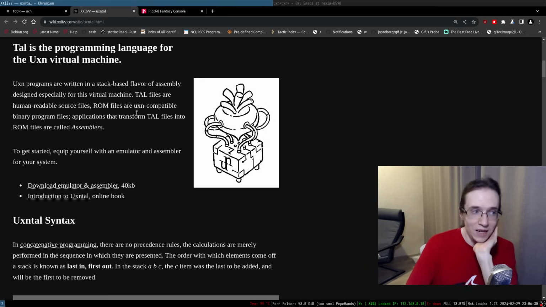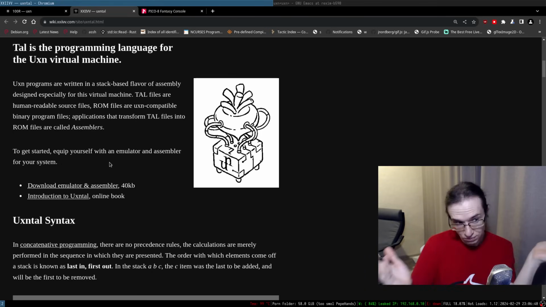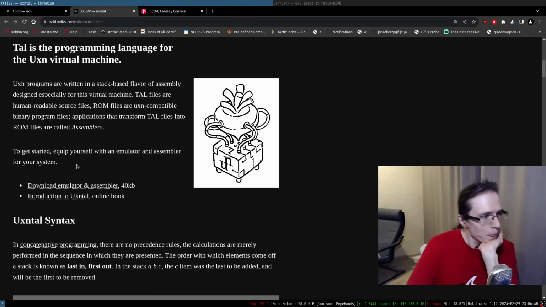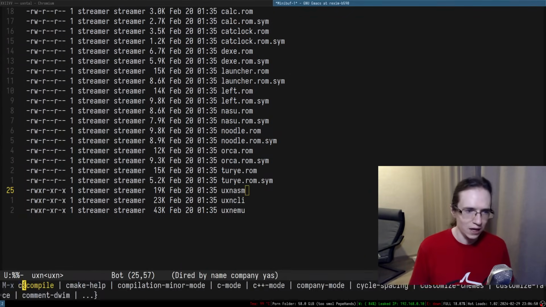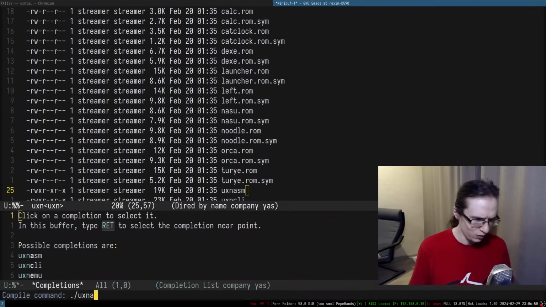ROM files are UXN-compatible binary program files. Applications that transform TAL files into ROM files are called assemblers. Sounds logical to me. So to get started, equip yourself with an emulator and assembler for your system. Okay, we already have an assembler, don't we? So there's UXN ASM.